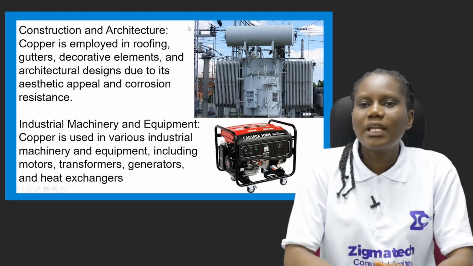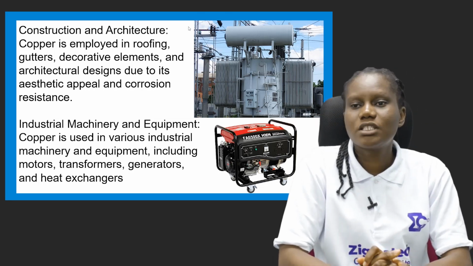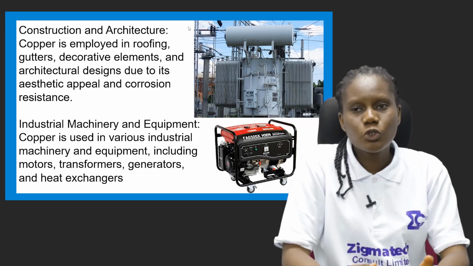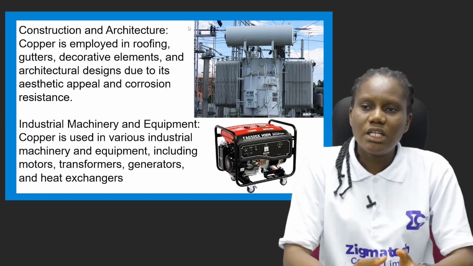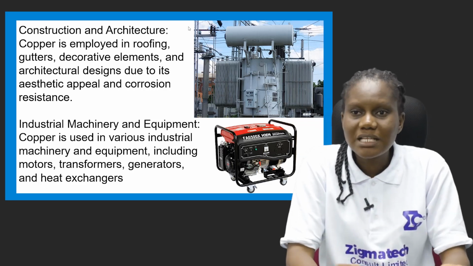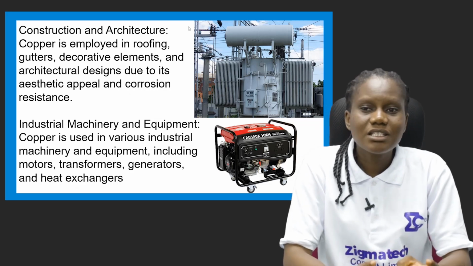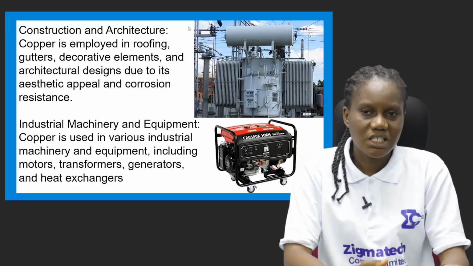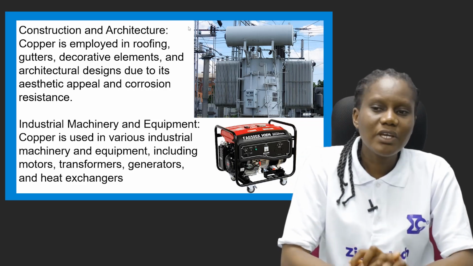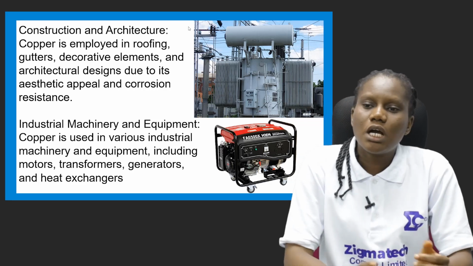In construction and architecture, we can see that copper also has its usage in this. In what form? Copper is employed in roofing, in gutters, in decorative elements, in architectural designs due to its aesthetic appeal and corrosion resistance. Also in industrial machinery and equipment, copper is used in various industrial machinery and equipment, including